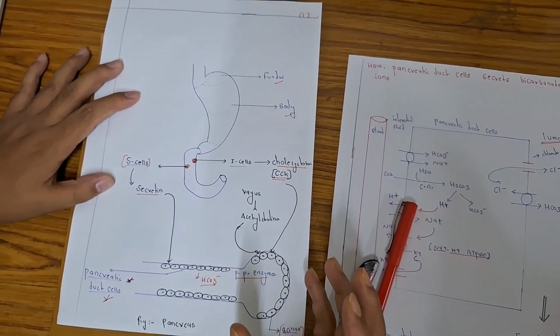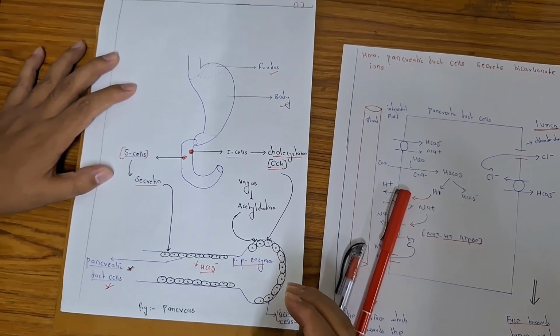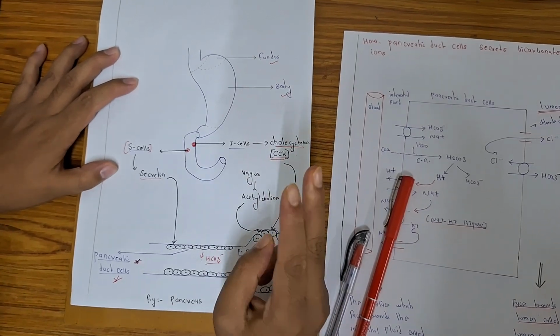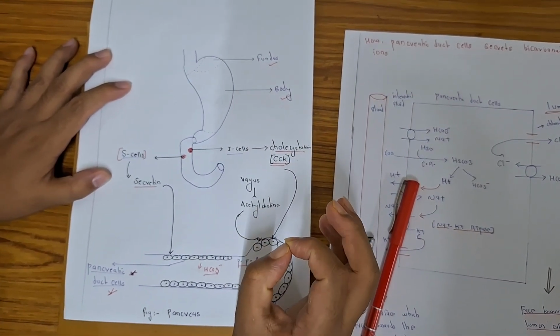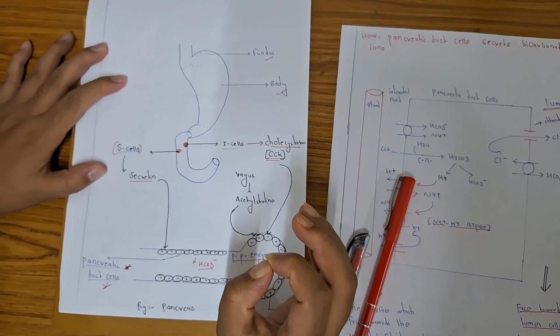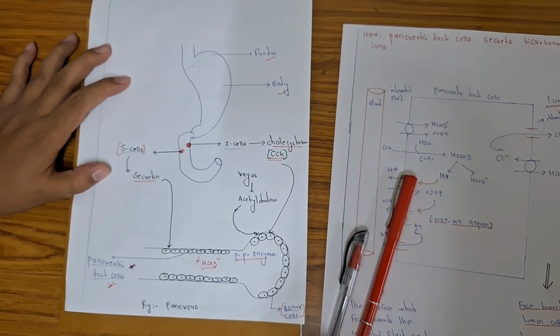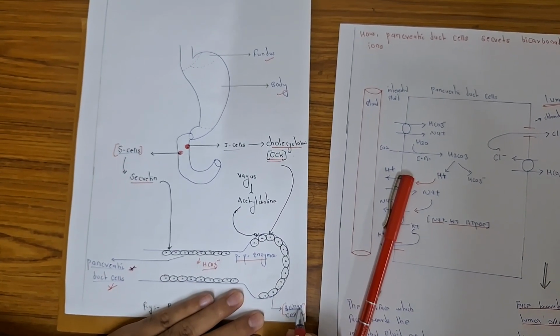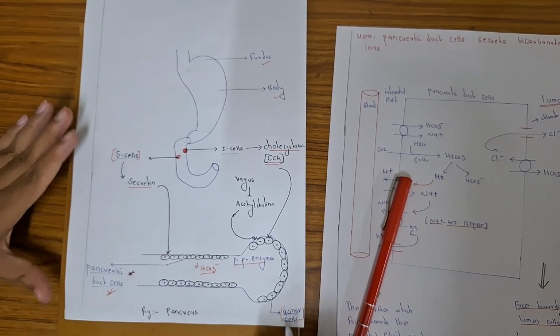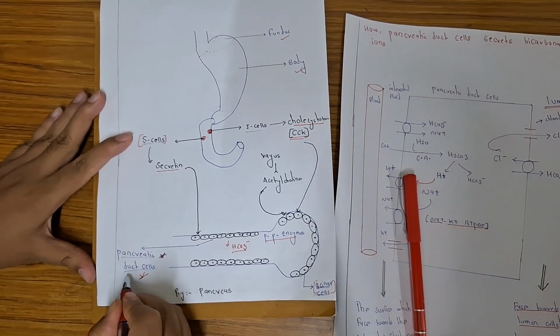Today we discuss the pancreatic secretions. The pancreas has two types of cells. One is acinar cells and the next is ductal cells of the pancreas. We see in the figure this is the acinar cells of the pancreas and this is the ductal cells of